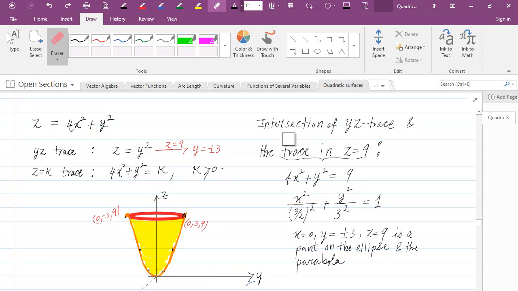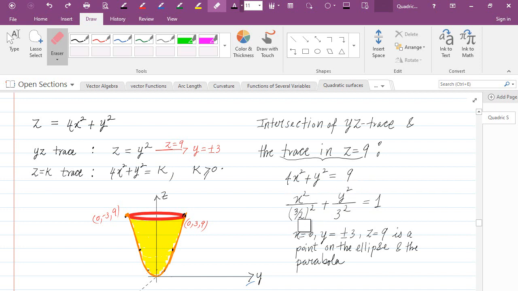I want to know what is the intersection of the yz trace and the trace in z equals 9. Well, the trace in z equals 9 is the ellipse 4x squared plus y squared is equal to 9, and then if I divide by 9 and rewrite this equation in this way,